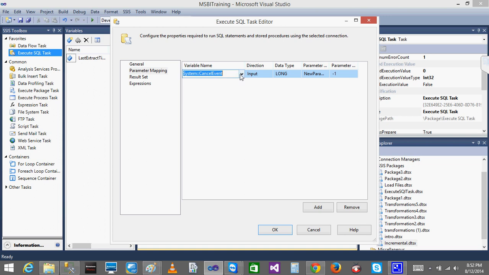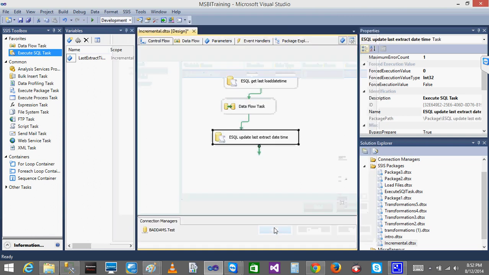There is a parameter called system start time. System package start time, something. Yeah, system start time. That's it. Whenever you start the package, that time will be stored. That is the start time of the package. So the data type will be string or varchar. I'll name the parameter as 0. Okay, done.